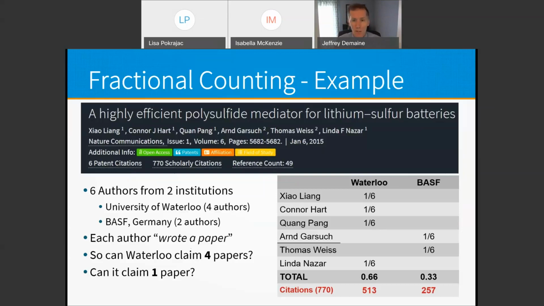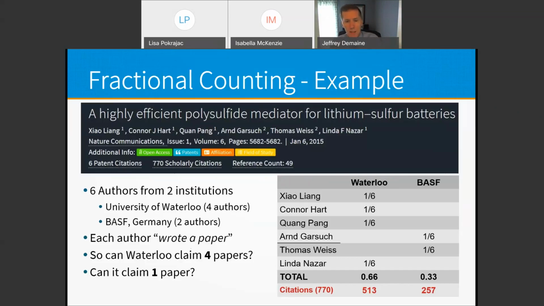Here's an example of what fractional counting looks like at the very detailed level. Again, this is an example from the University of Waterloo, and I chose this article because the last author, Linda Nazar, is a very prolific author from the Waterloo Institute of Nanotechnology. And so let's dig into the details here. There are 6 co-authors on this paper, and they're from 2 different institutions. There's 4 authors from the University of Waterloo and 2 from BASF, that company that made all those cassette tapes,